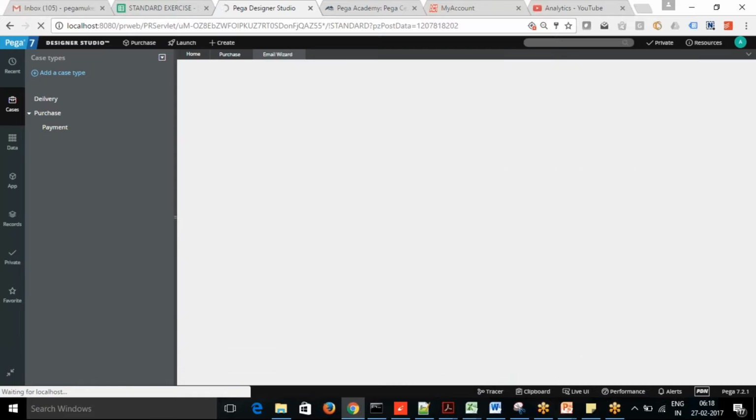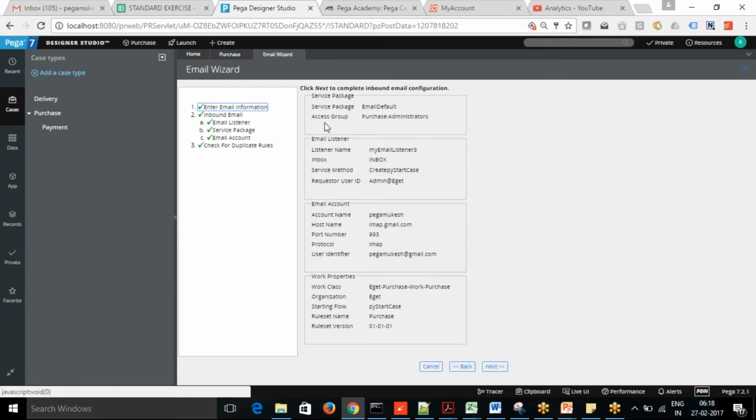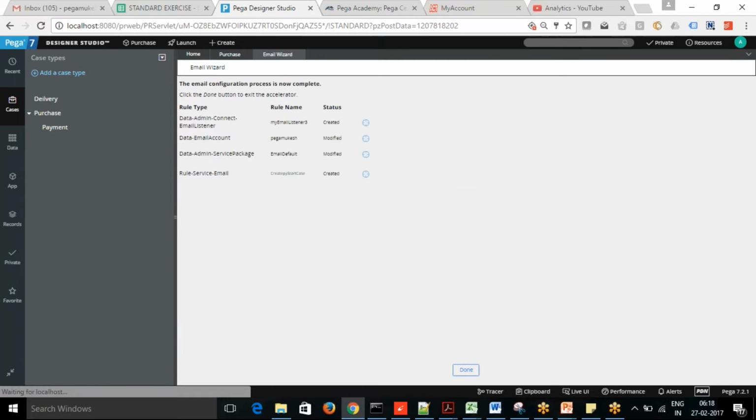Okay, click next. Now it will set up the complete details for you: service package, email listener, email account, and some of the work properties for that. So once you're happy with this, you just create it. So now your email configuration is done.